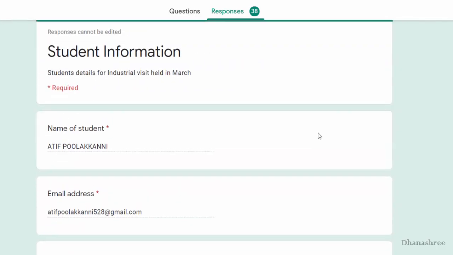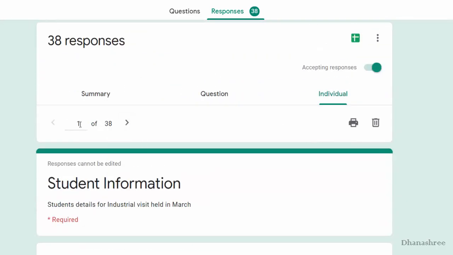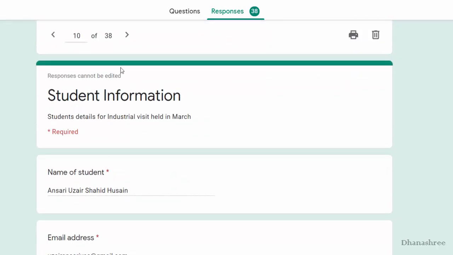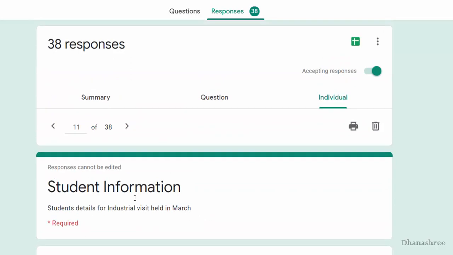This is the first response. If you directly want to jump to the 10th response, so this is the 10th response, this is the 11th response and so on. If you want to print it, you can print it. If you want to remove that particular response, just say delete response.